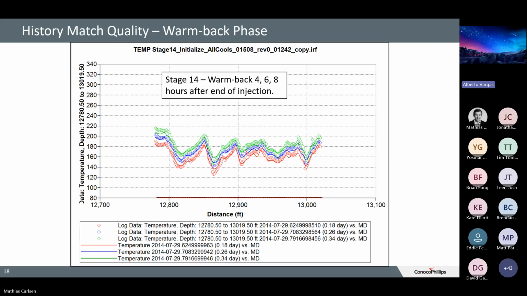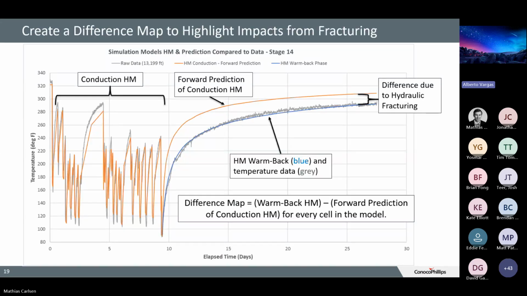This is after you actually hydraulically fracture the well, about 4, 6, 8 hours after injection. We're able to get a good match on that data. And here's looking at a single slice. Of course, what we ultimately did was we matched every slice along the 250 feet. But this is just a single one to show you the quality of the match we had on the conduction side, which is the raw data in the gray. And then we had a